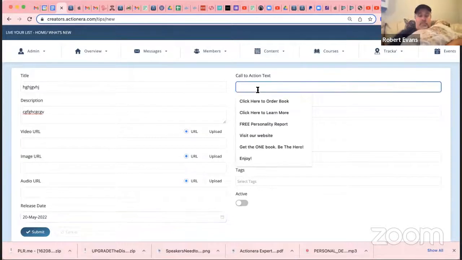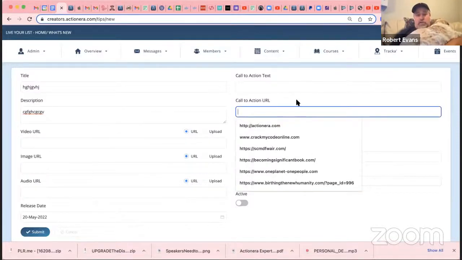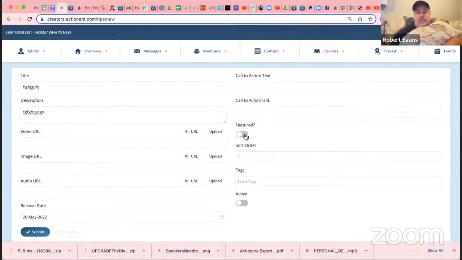And then if you want to, you can put the call to action in here. The call to action could be, hey, would you like to get more tips of the day, or would you like to get specific tips of the day? You could charge a fee for that. Or would you like to check out our membership, or click here to see a full screen picture of this image, click for entire image. So whatever, you could use the call to action in different ways. Then you click featured. And then you click active.